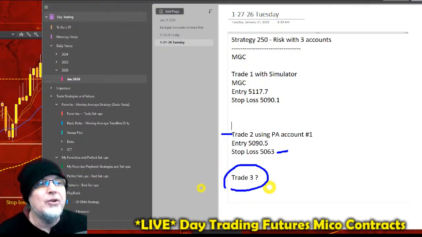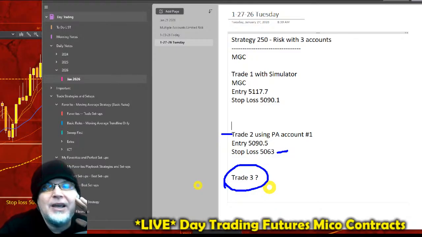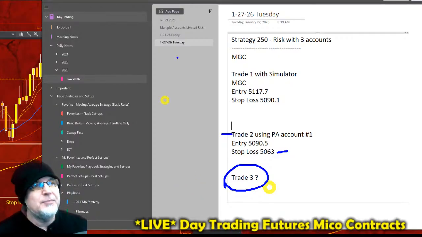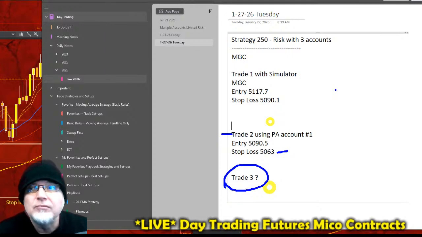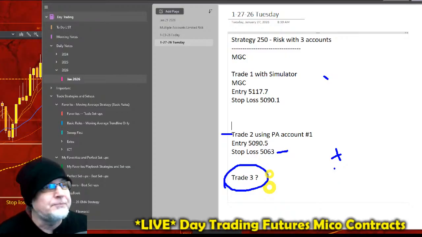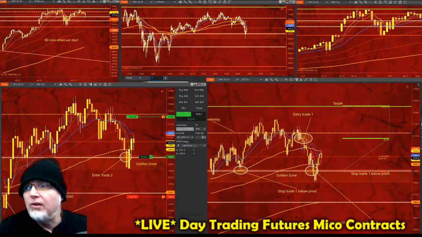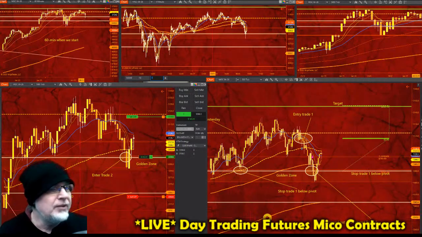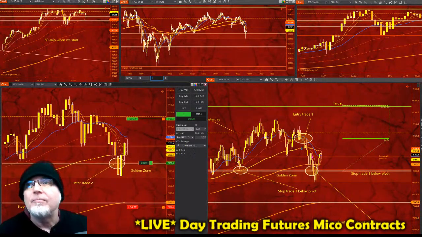And I don't know about a third, because the way the price is looking on the charts, I can't find a reasonable place to get back in if it keeps going down. So there may not be a third. It may just be, if it goes straight down and keeps going down, we'll have 2 losses back to back with these 2 accounts only. And we're limiting our risk to like $250 an account. One's a simulator and one's the PA Apex pass account, which I'm hoping to get a payout on. We'll just take a small loss in both of those if it doesn't keep going up. So that's where we're at with it right now. So hopefully it'll keep going. Let's see what happens.